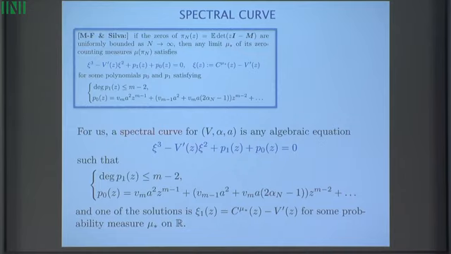So imagine now we have a cubic equation that has this form with all the same constraints. I just copy and paste. By the way, we dropped the assumption that m has to be of even degree. It could even be of odd degree, although it's not directly associated to a matrix random model, but still it works. And the only assumption we put that could look a little bit artificial is that one of the solutions of this cubic equation can be written in the form of a combination of V prime and the Cauchy transform of a certain unit measure. Now we see it's not artificial because that's actually what happens with the actual limits of the eigenvalues, but we call a spectral curve any cubic equation that has these properties.